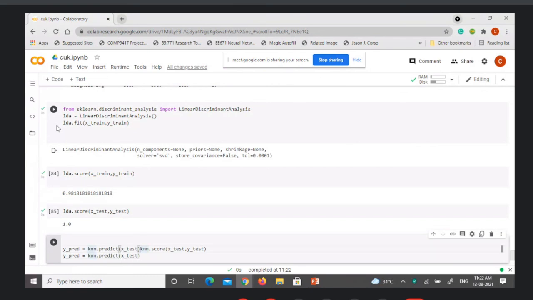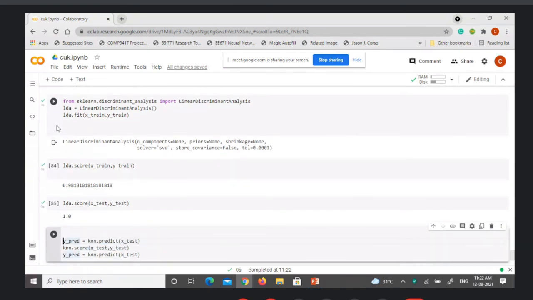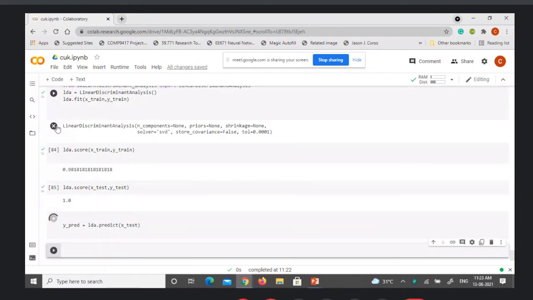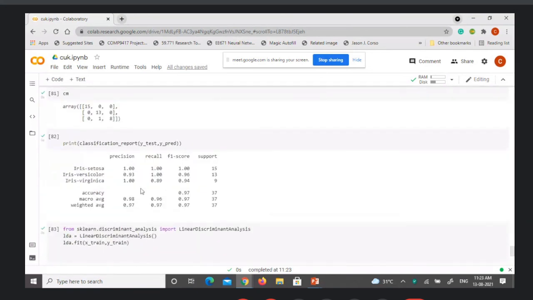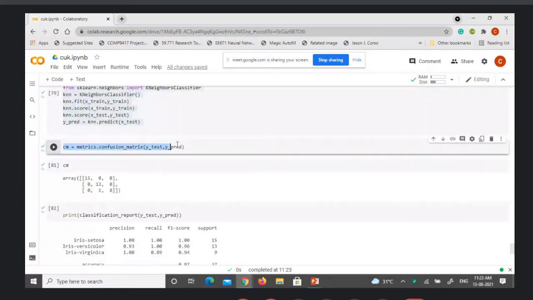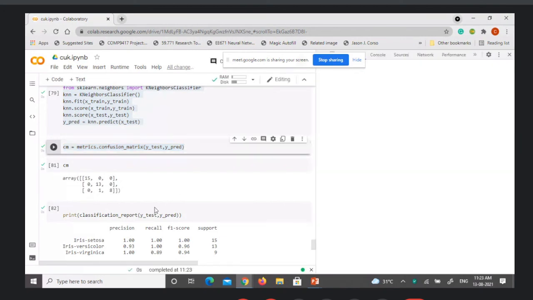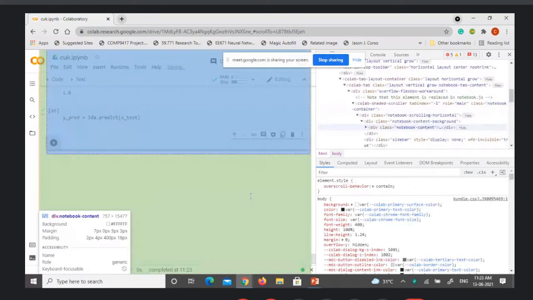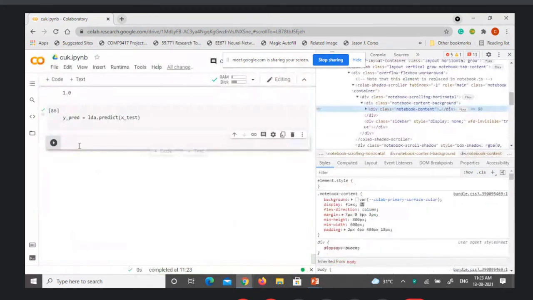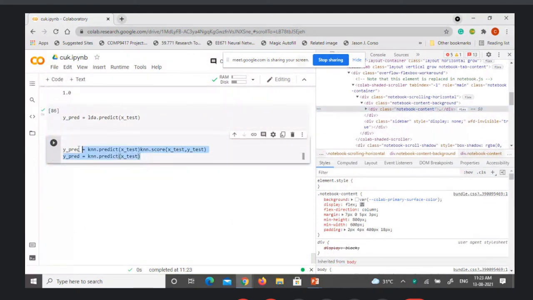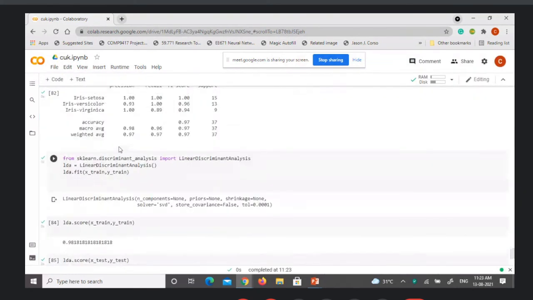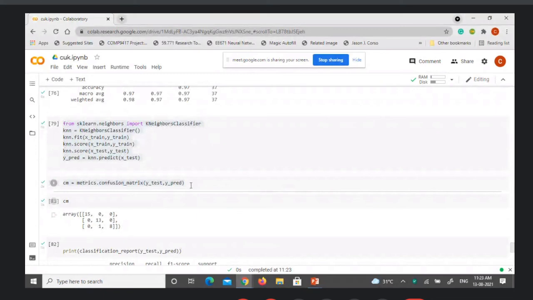Then do the predictions. And then the confusion matrix.